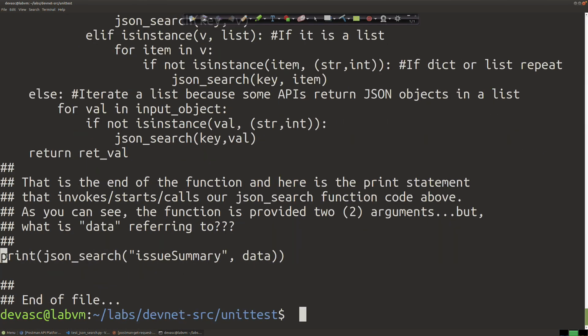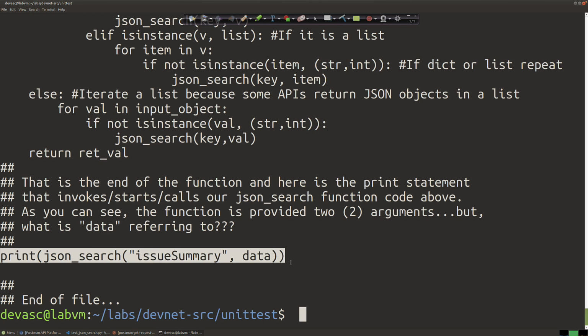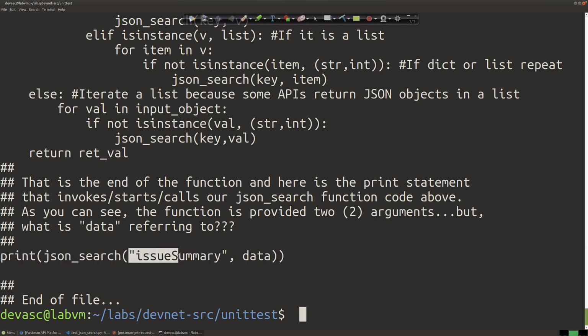And this final print statement actually calls the JSON search function in this file, passes in issue summary as the key, and then data, which is all of that JSON data. So let's run this and let's see what happens. So I say Python 3,